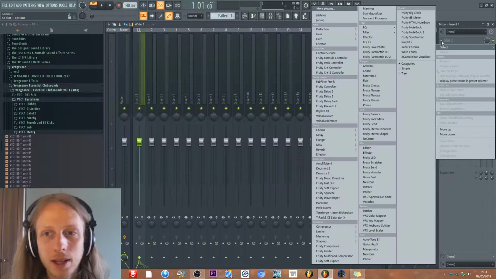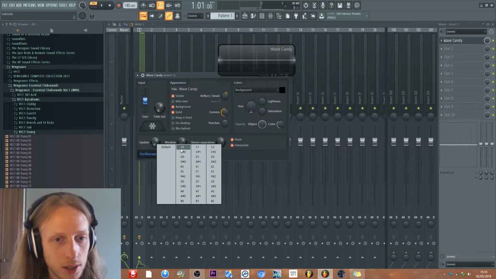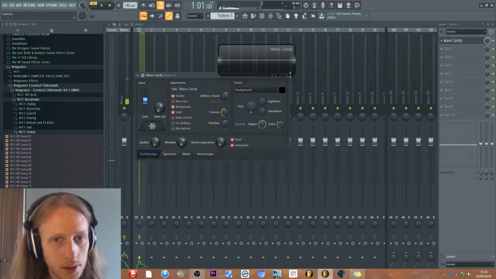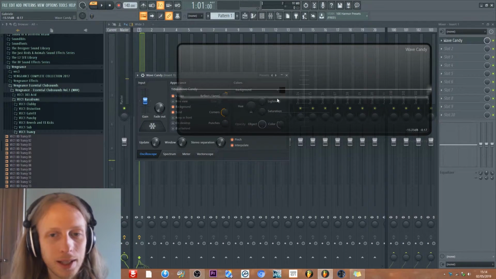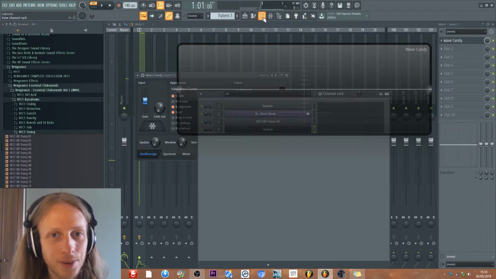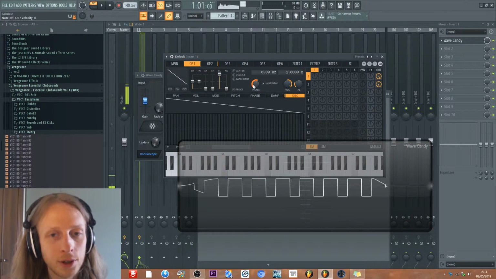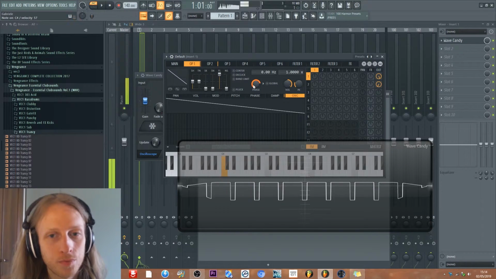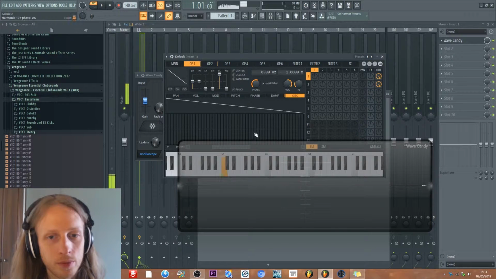Okay, we can use Wave Candy. So the note is C, and you can see, okay, this is a sawtooth, but these two sawtooth, if I change the phase of one of them, even in this way,